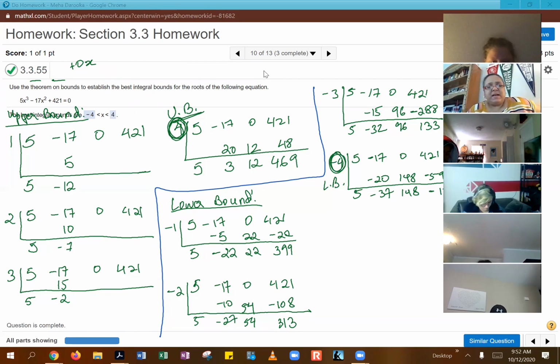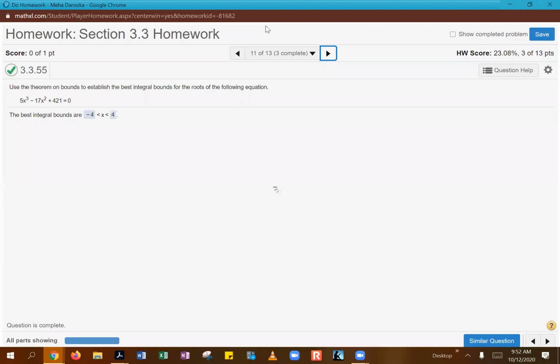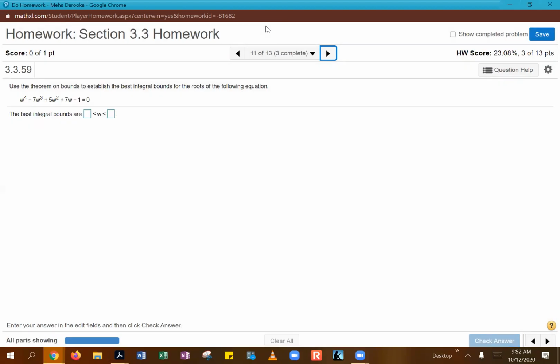I have seen examples where you almost had to go to 7 or 8 on the positive or negative side to come to a lower bound or an upper bound. So it can take a little bit of a process, but once you start recognizing a little bit of a pattern, this can actually work a little bit faster. So again, practice with these, see what you can come up with. So obviously, same thing's going to happen over here with